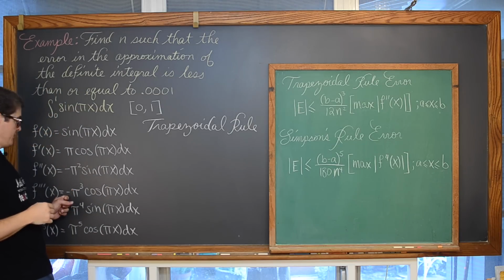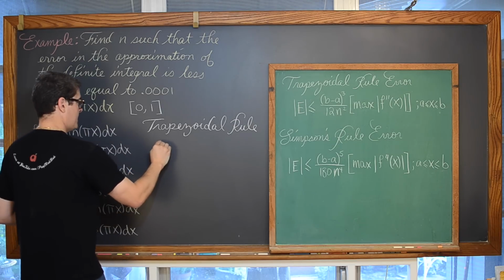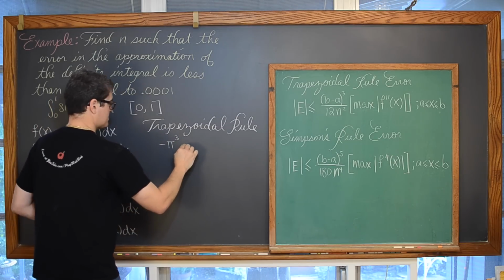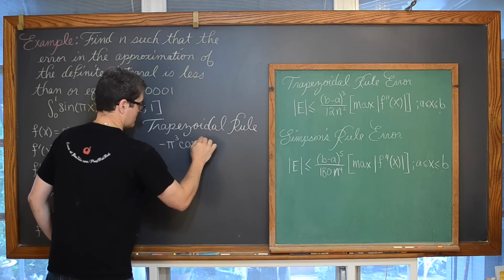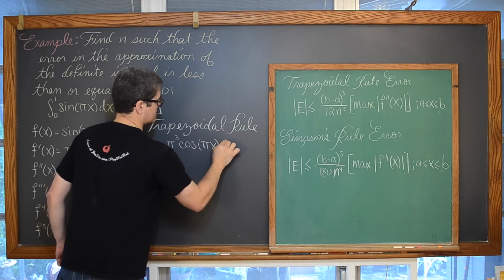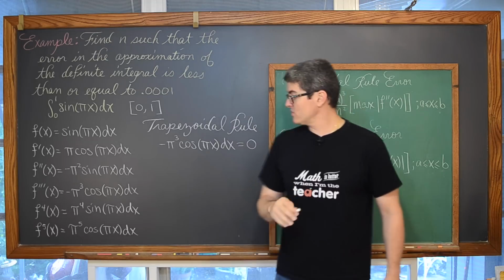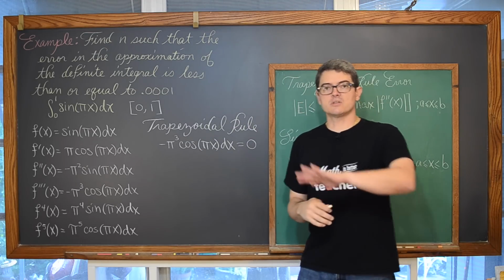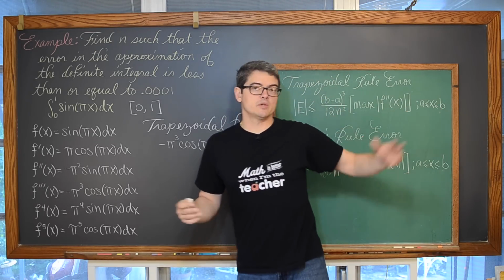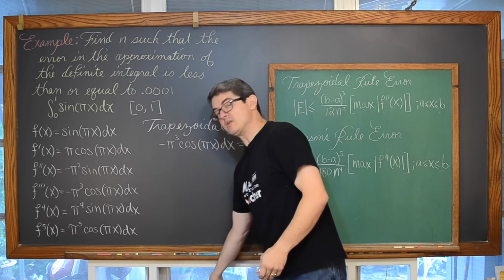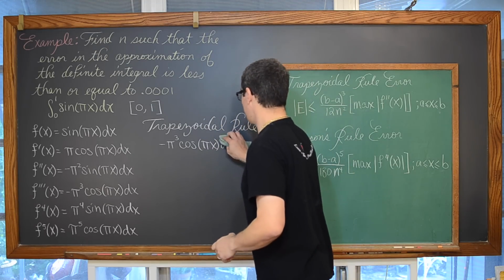So taking the third derivative, we've got negative pi cubed times the cosine of pi x. And where is that equal to 0? Now, by the way, this function, the cosine function, is a continuous function along the x-axis. Of course, we know that, and it is never going to be undefined. So we're just not going to include the undefined notation of this equation.